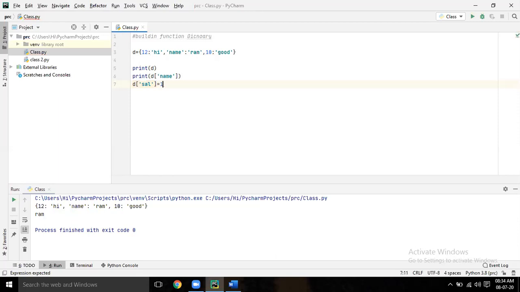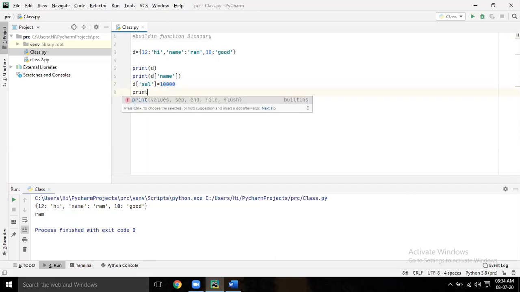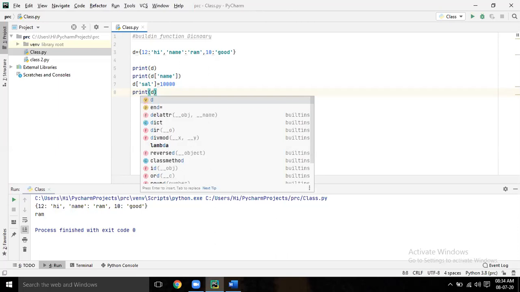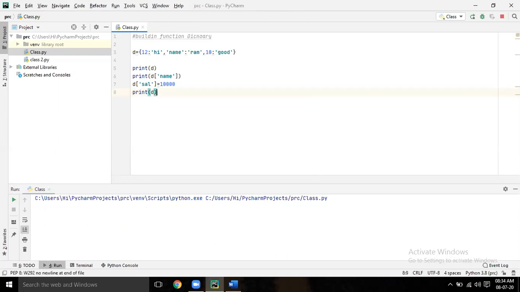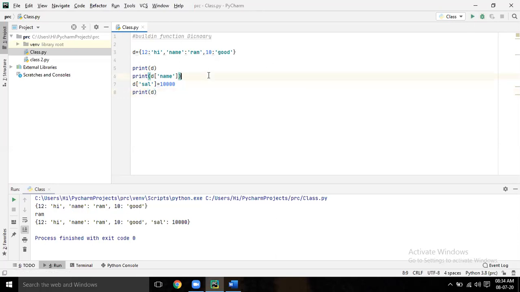Give some salary. Now print D. Run it. So here you have added one more item. Like that you can add any item.